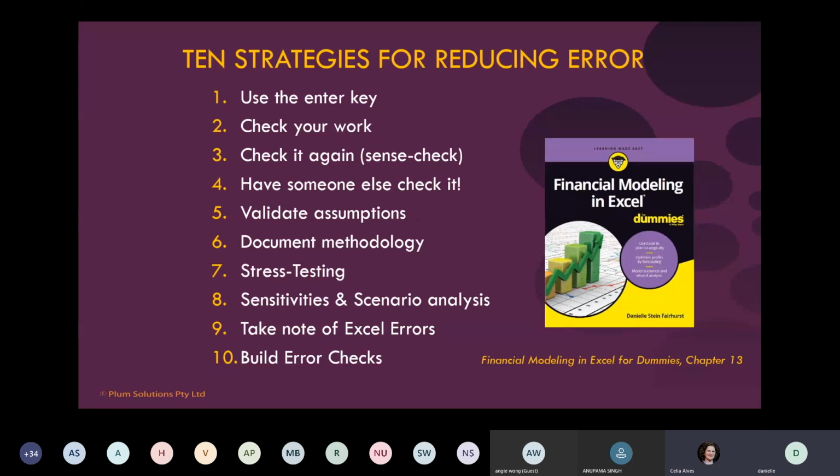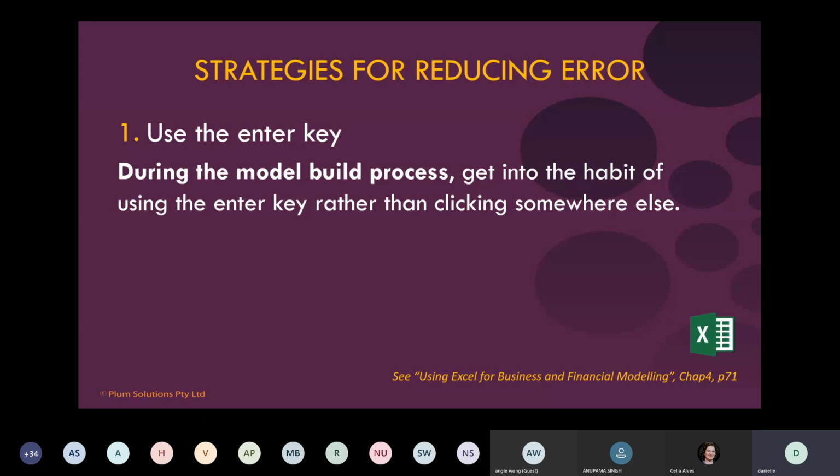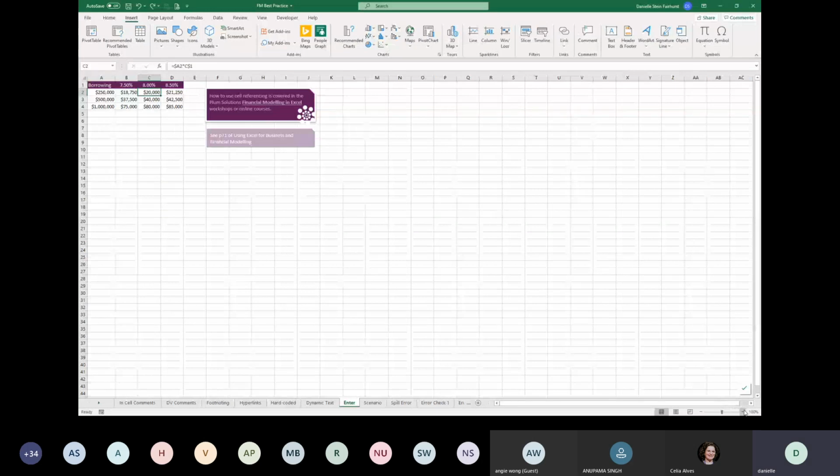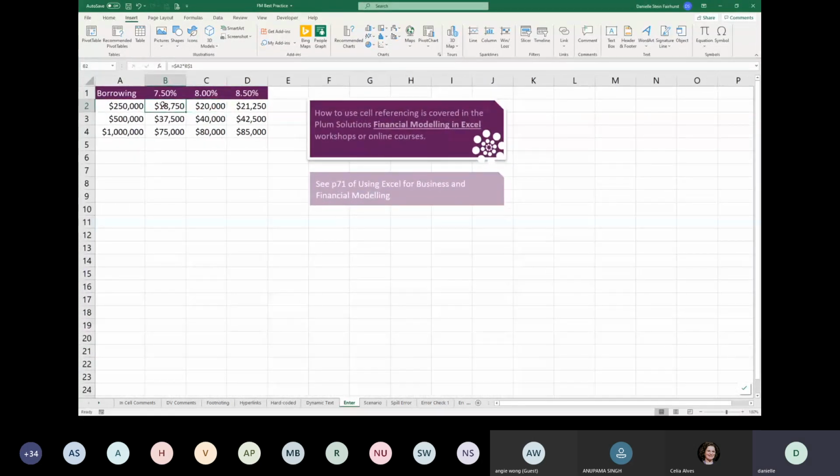So number one is using the enter key. Getting into the habit of using the enter key rather than clicking somewhere else. So I'm just going to show. You should be able to see my Excel, and let's say here, for example, if you just did a very simple calculation like that, and when you finish doing the calculation, you hit the enter key, yeah? You don't just click somewhere else, because what I see a lot of people do is they click somewhere else, and sometimes